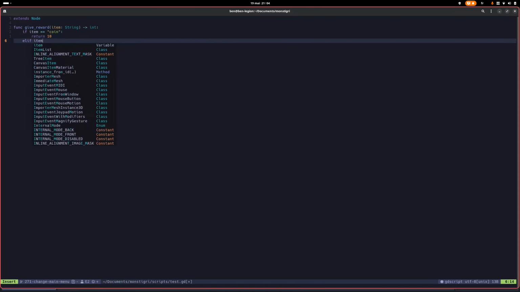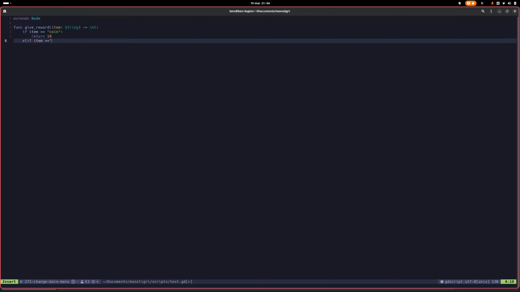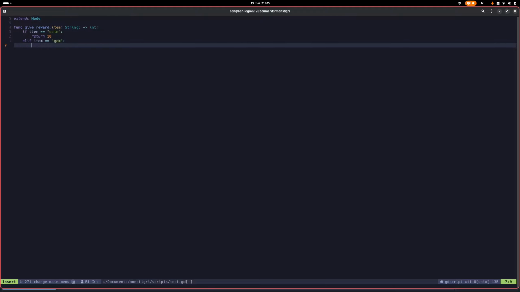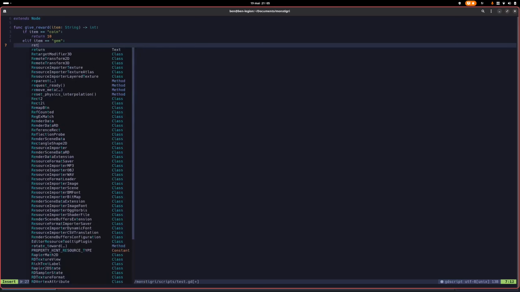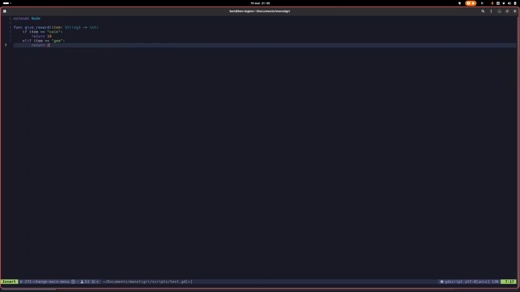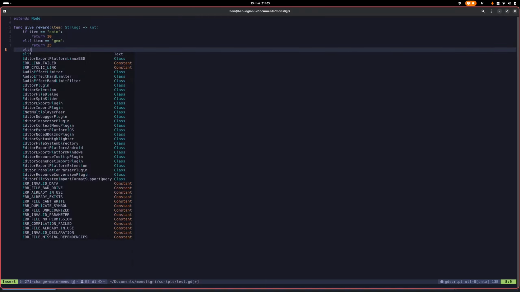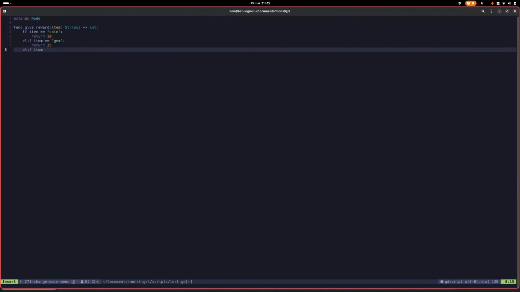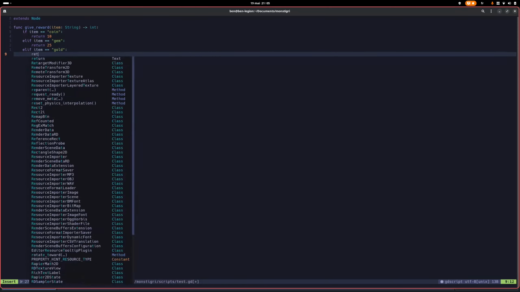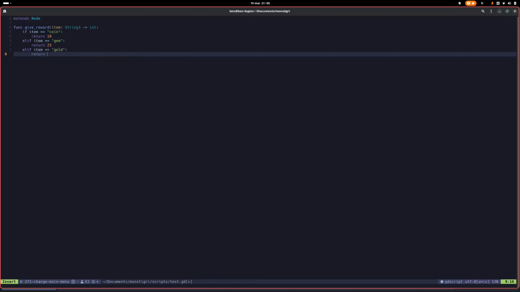And if item equal something like, I don't know, gem, it will be something like 25. And if item equal gold, it will give you something like 50. And then